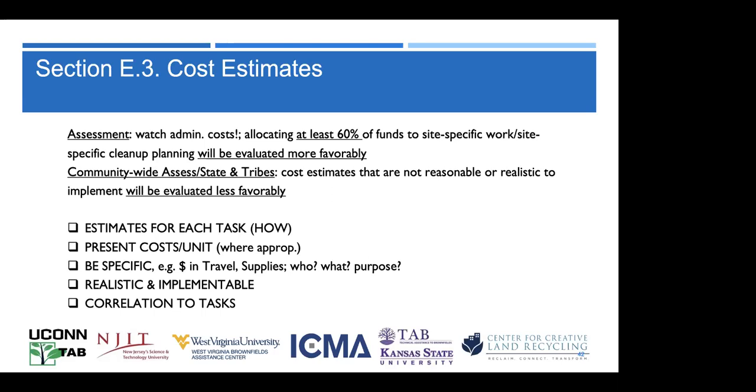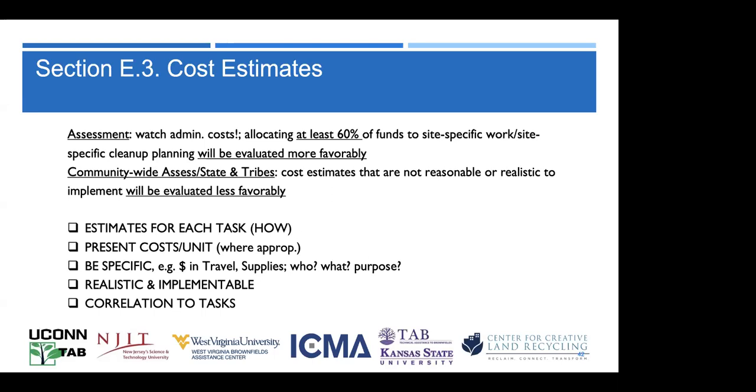All right, so cost estimates. Estimates for each task, right? The how. So you're marrying the two, the tasks to the work, to the cost estimates. When you're doing this, when and if you get a grant, you're going to have to do a work plan. And if you figure this out here in the grant now, then that work plan is a lot easier to do, right? So you can present things, if it's appropriate, in costs and unit per cost and cost per unit,